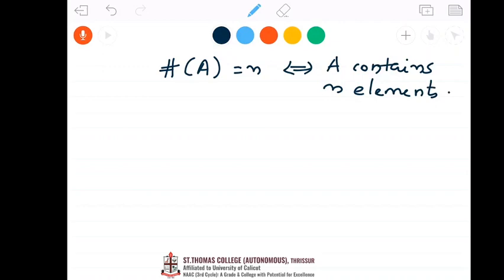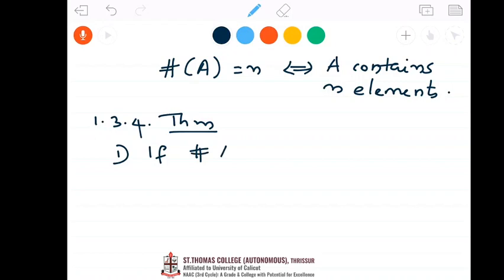Okay, so I'm moving to the next theorem. This is an important one, and the results are very much familiar to you, but we have to prove it here. This is 1.3.4. The theorem says that, if